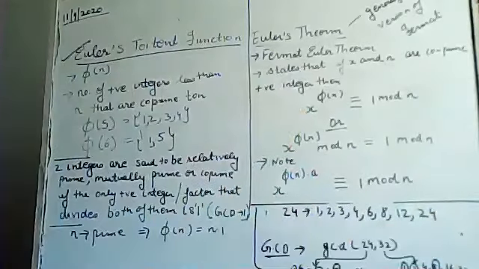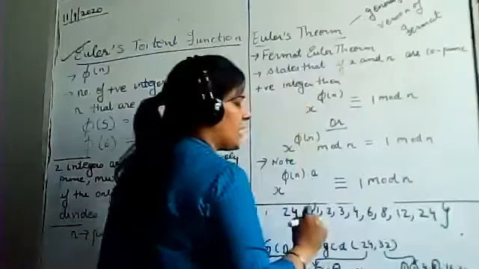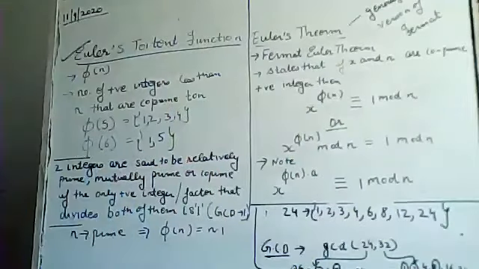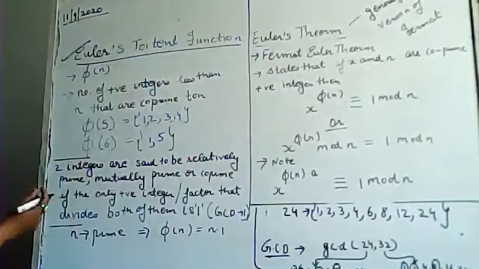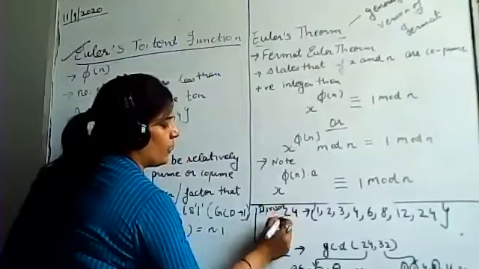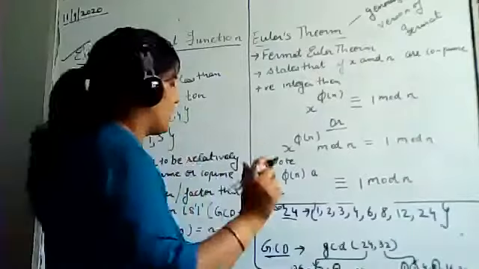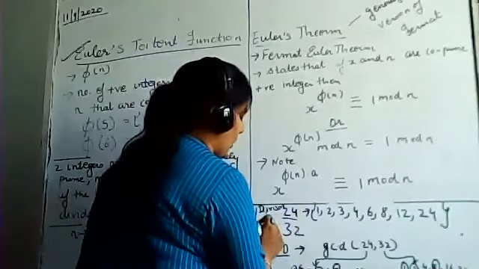So what is this common divisor? This is the set for 24, the numbers by which we can divide this particular number. We represent this as the divisors of 24. Clear? Now let's suppose we have the divisors of 32 also. So what are the divisors of 32?